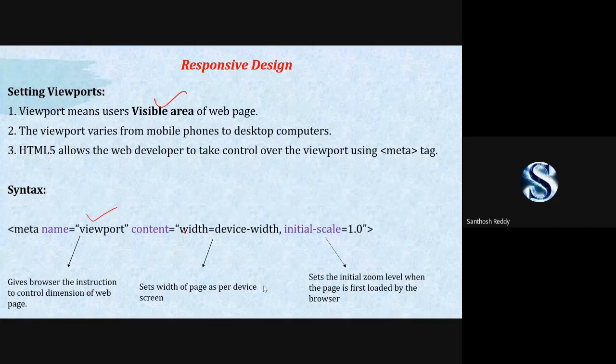In that, I have three attributes. One is name, content, and initial scale. If I want to make your pictures visible in the different widths of your browser, what is the tag name I have to use? Source set. Source set.